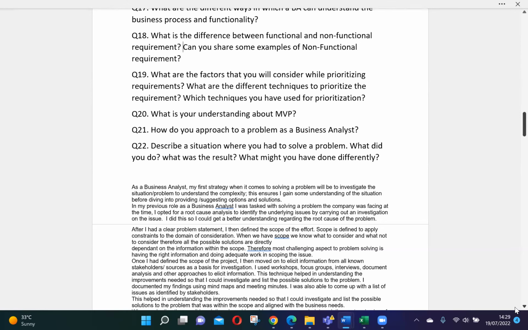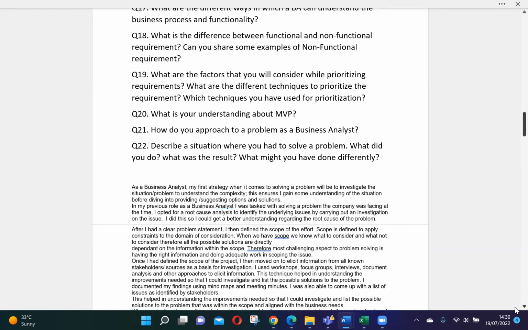MVP is the minimum viable product. You can give an example, like suppose there is a cab booking application. Suppose the requirement is to build a cab booking application, like Uber. You can take the example of Uber. So the minimum viable product, first of all the definition, is a product with enough features, or that much features, to attract